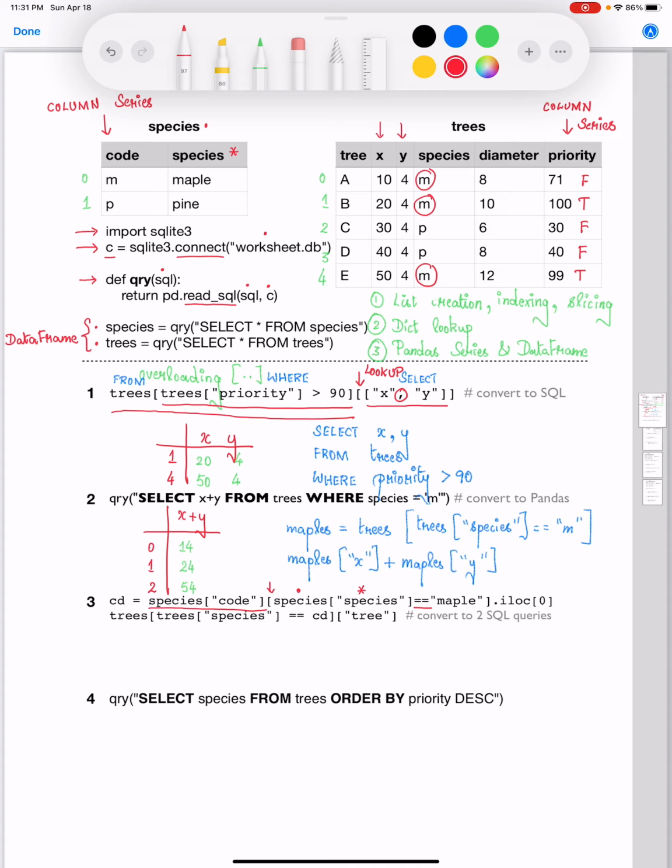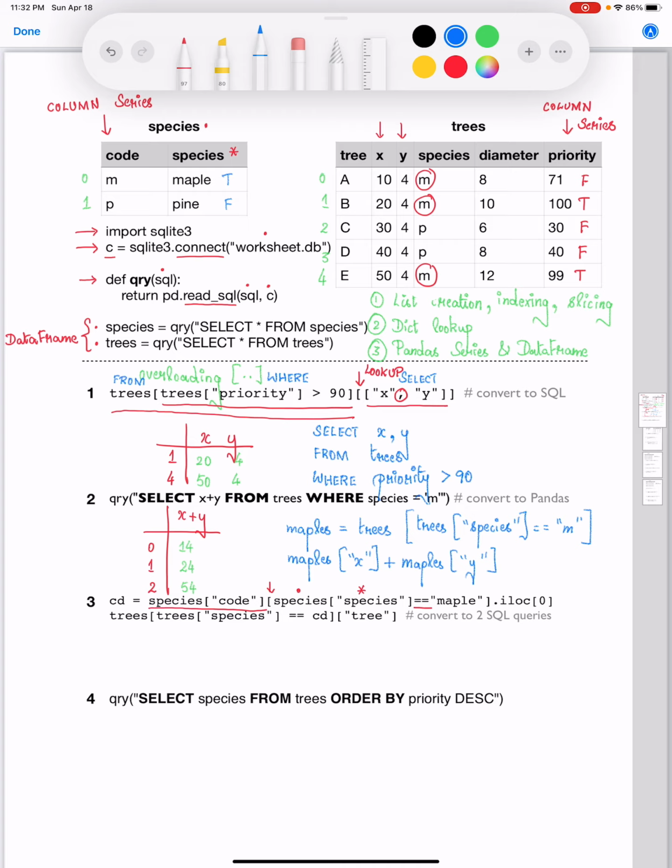We are saying species of species equal to maple. Recall that will give us a Boolean series where you are going to have the first value as true, the second value is going to be false. The corresponding row index will be 0 and 1 for those values true and false.